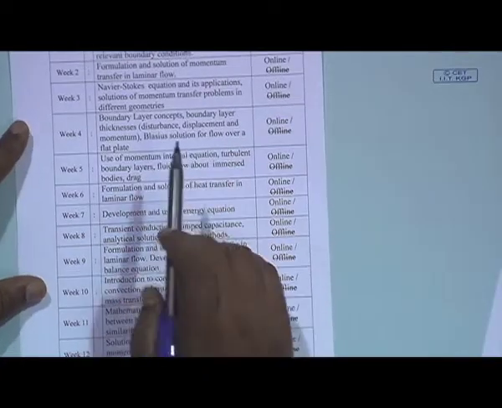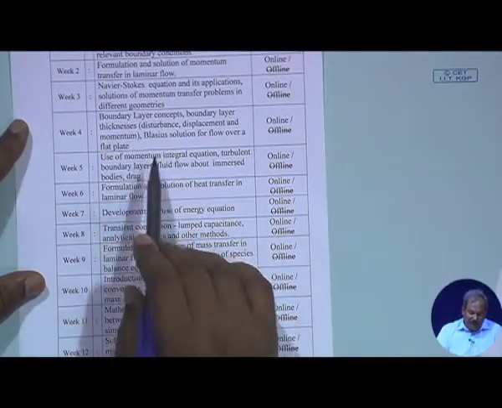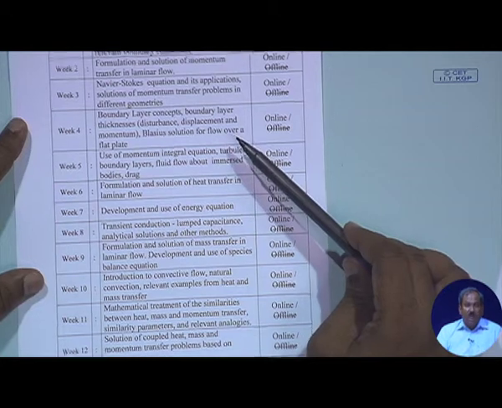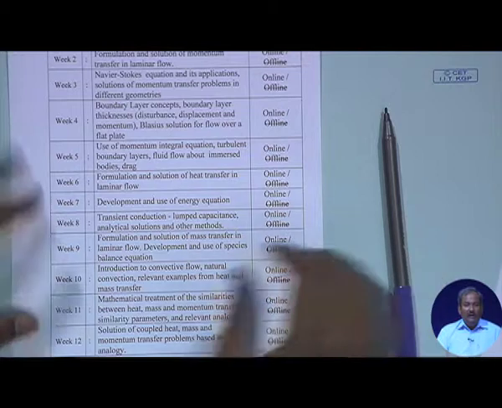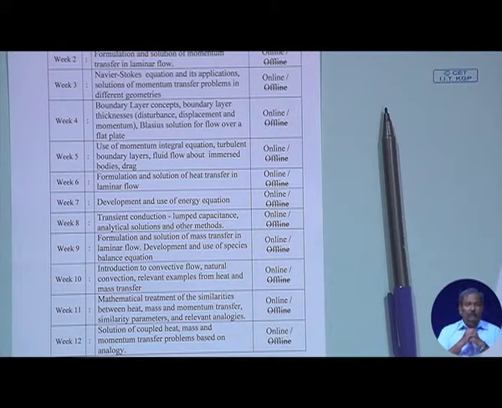So, we know what the Navier-Stokes equation is, how to use the Navier-Stokes equation, and the same boundary conditions would apply. So, comparing the shell momentum balance and the Navier-Stokes equation, you could quickly appreciate the utility of the Navier-Stokes equation in the formulation of the problem and the governing equation. So, that is what we covered significantly. Then came the boundary layer concepts, the boundary layer thicknesses and so on. So, what we have done in those two or 3 weeks is introduce the concept of boundary layers, that there exists a thin layer